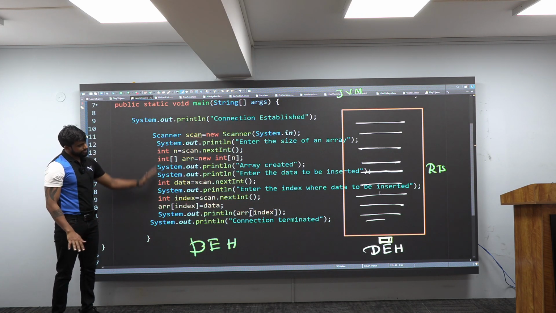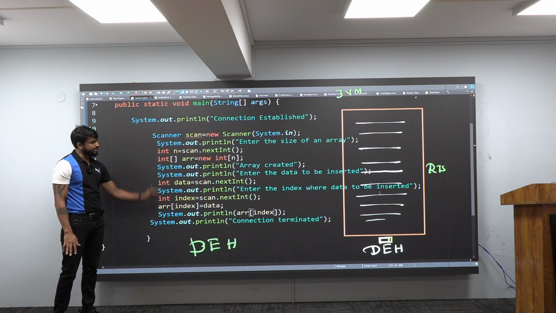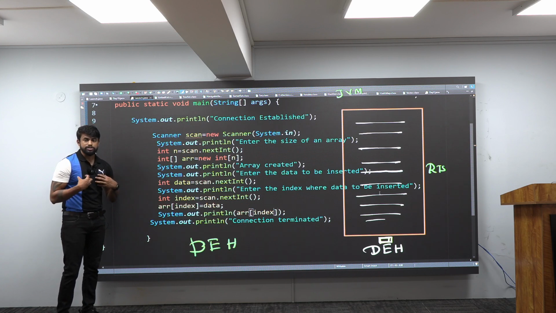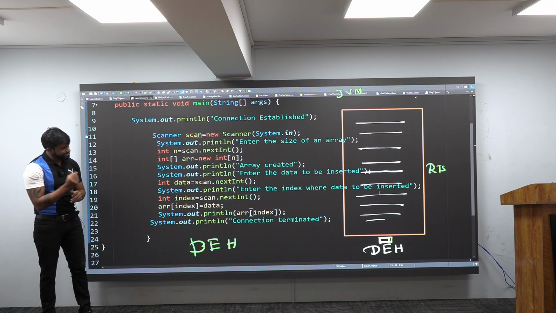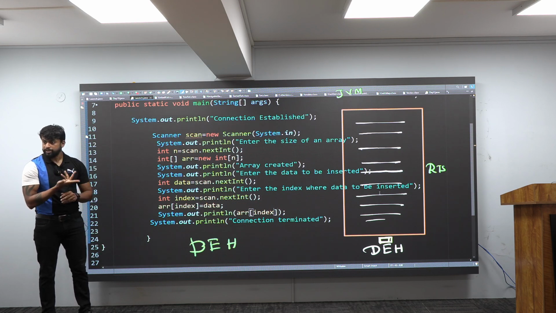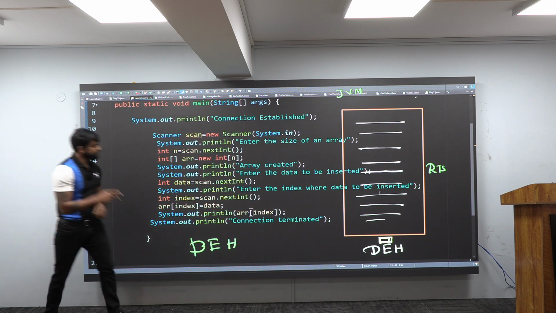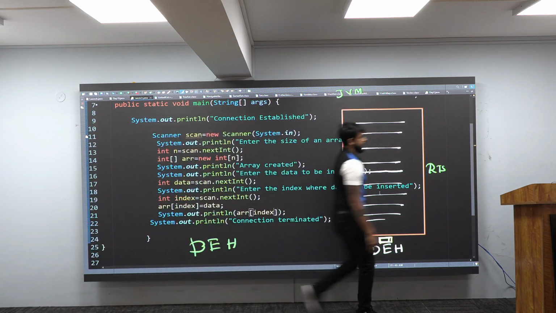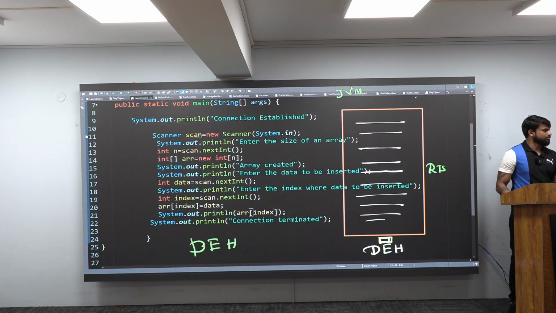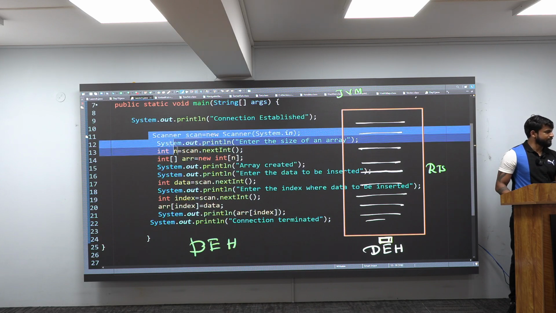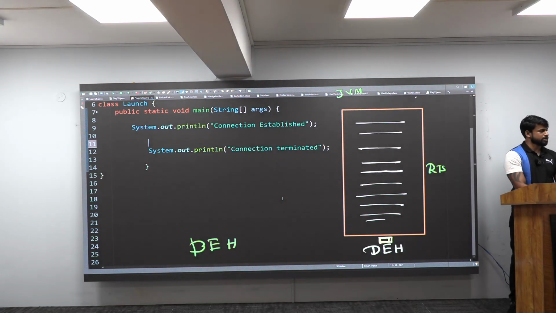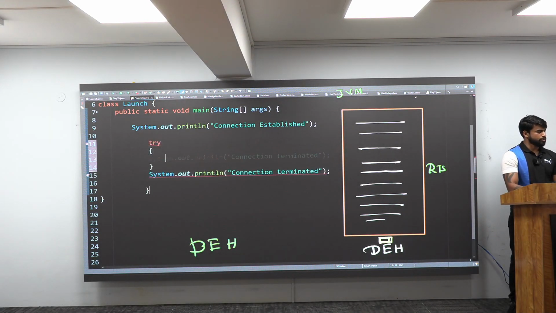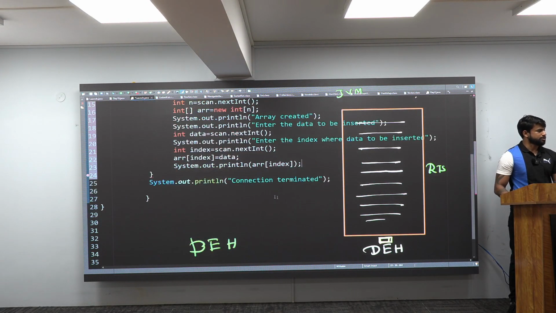Connection established, connection terminated; leaving that, all of the lines are risky code, is what a developer thinks, because if something happens, it will abruptly terminate. That is why I will copy these statements from line number 11 till line number 21, cut them and put them inside a block. Which block? Try block. Brilliant.